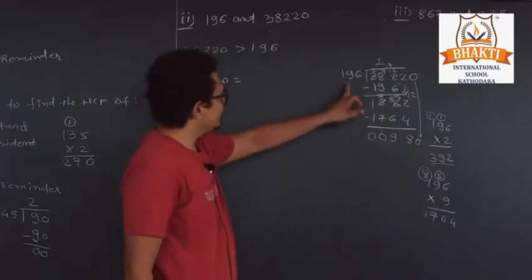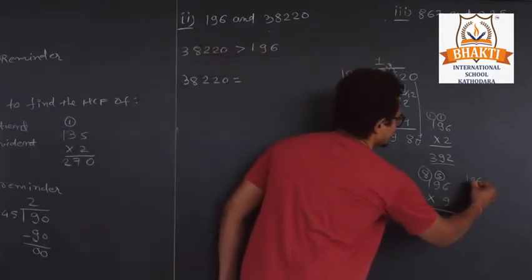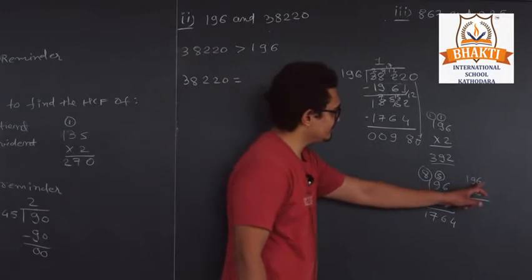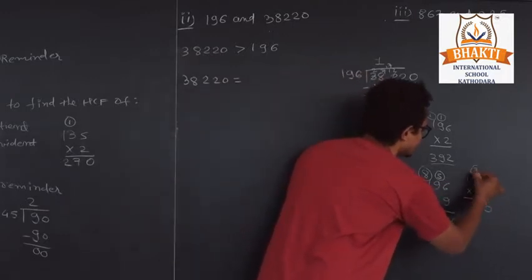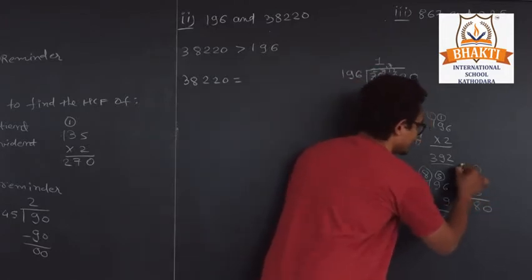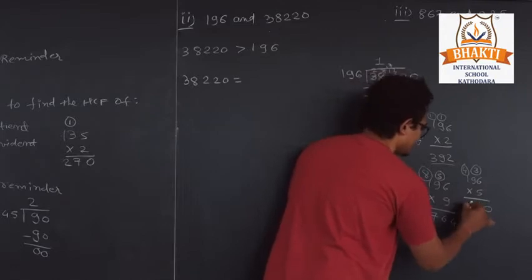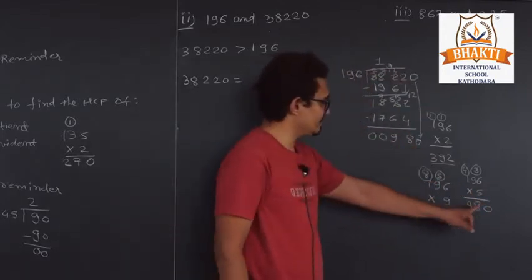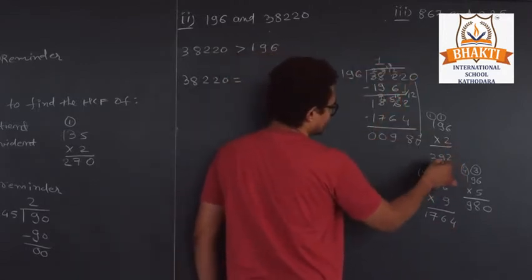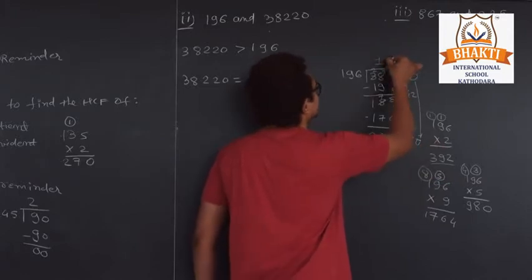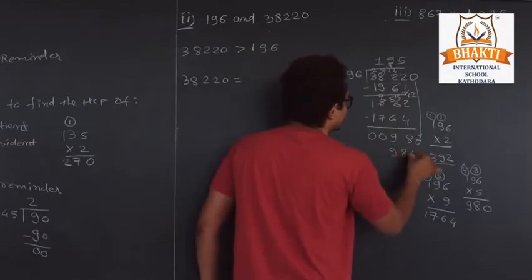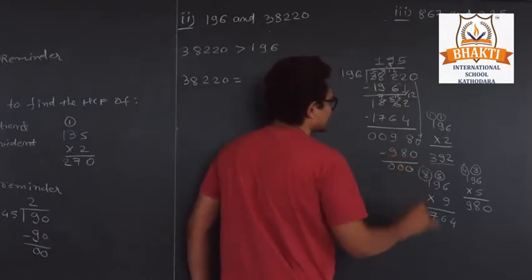So now we check 196 with 5s. 6 5s are 30, so we have a 3. 9 5s are 45, 45 plus 3 is 48. So we have a 4 as carry. 5 1s are 5, plus 4 is 9. So it is 980. Here we also get 980. So first of all, we can write here 9, then 196 5s, so 980. So here we have 0 0 0.